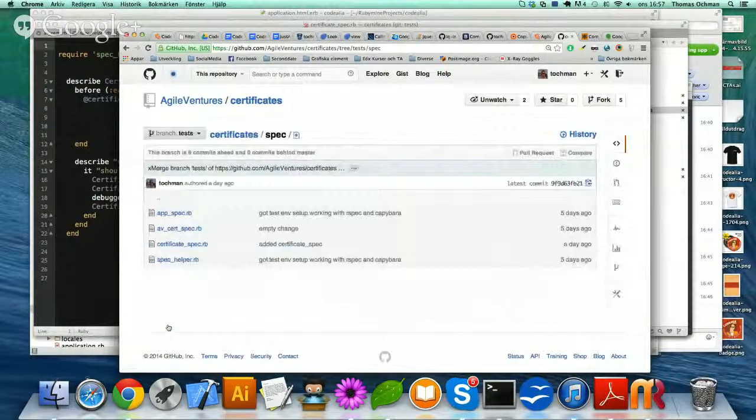Well, okay, so yeah, you have to pull that from upstream from Agile Ventures certificates. It's there. I messed up a little bit, so it's in the branch tests in Agile Ventures.